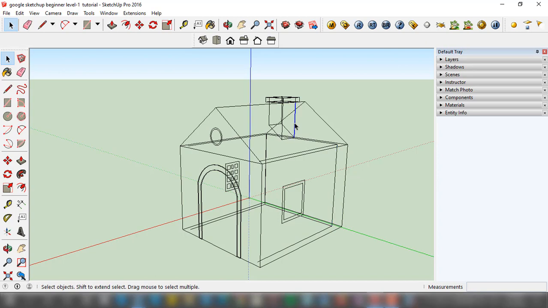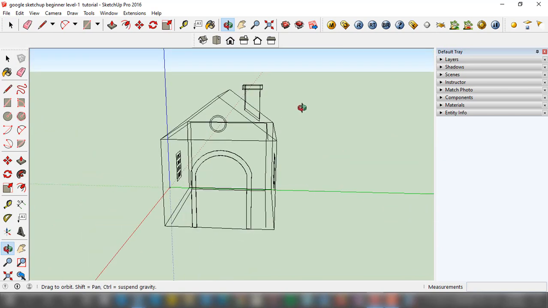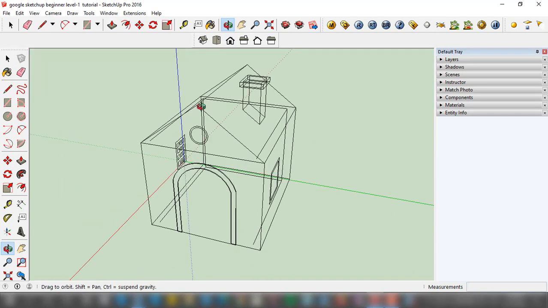When I left click on the wire of the chimney, it's visible in blue color. When I click on the wire of the wall, it is also blue. So now you know about the wireframe option, which will help us while designing.